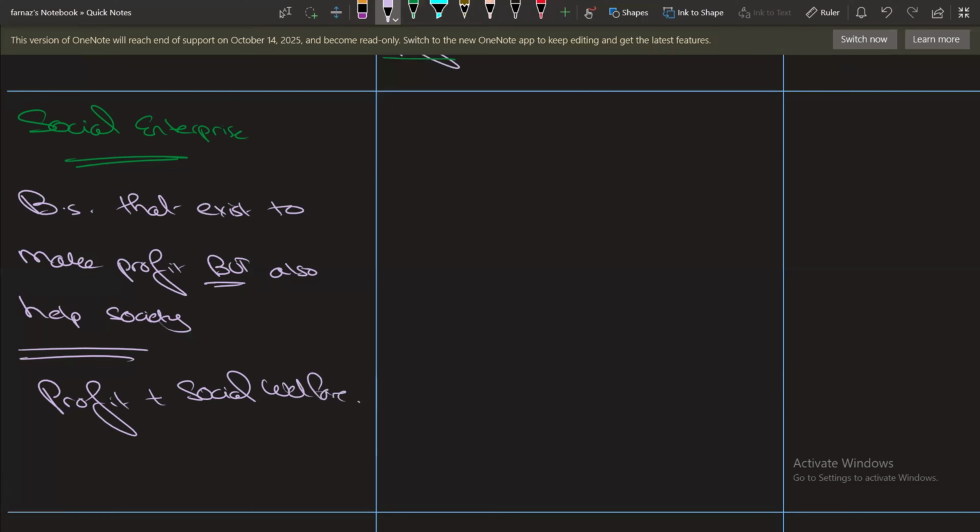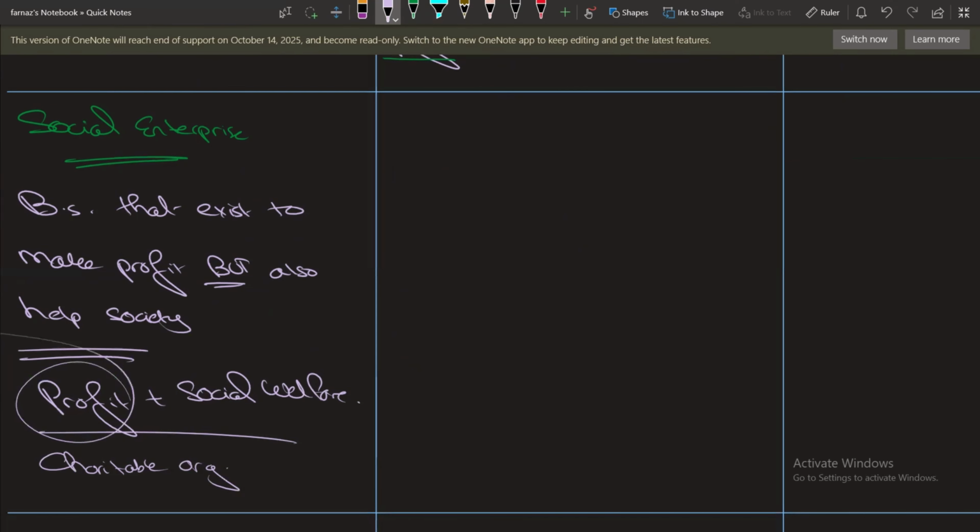Okay. These are basically charitable organizations. You might have heard about charities or donation centers helping poor out, helping needy out, helping autistic people out. All of these are social enterprises. Okay. They want to make profit and they also want to do good to people. There are a lot of businesses who are doing good for the environment. Why is that so? Are they not making profit? They still need to make money. Why? They gotta pay their employees. They need to make some profit, else they will have to be closed down.